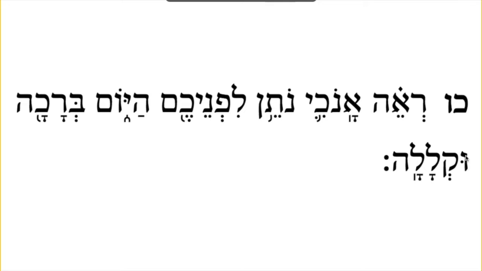So the vav, sometimes when it's in the beginning of the word, depending on what consonant it precedes, it will say u instead of v. Okay. So this is the trope mark, and it signals the end of the verse also. This is a sof pasuk, and sof pasuk says sof pasuk. So this is uklala.